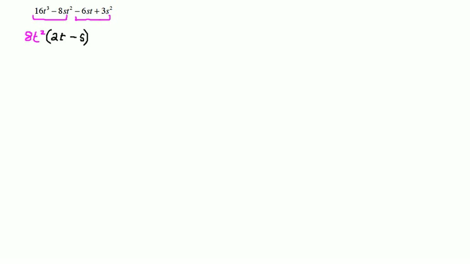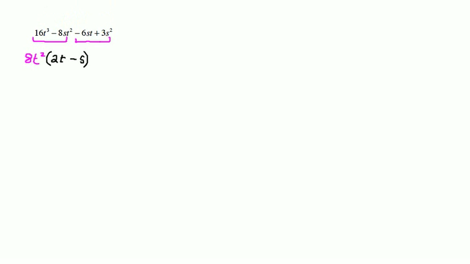Looking at this second group now, a very important thing to note is that the first term of the second group is negative. This convention of GCFs still applies even if it's just the first term of a group rather than the first term of a whole polynomial. So because the first term is negative, I need to factor a negative GCF out of this group, and I want to also remember that factoring out a negative GCF does change the signs of both terms. So I'll factor out a negative 3s,